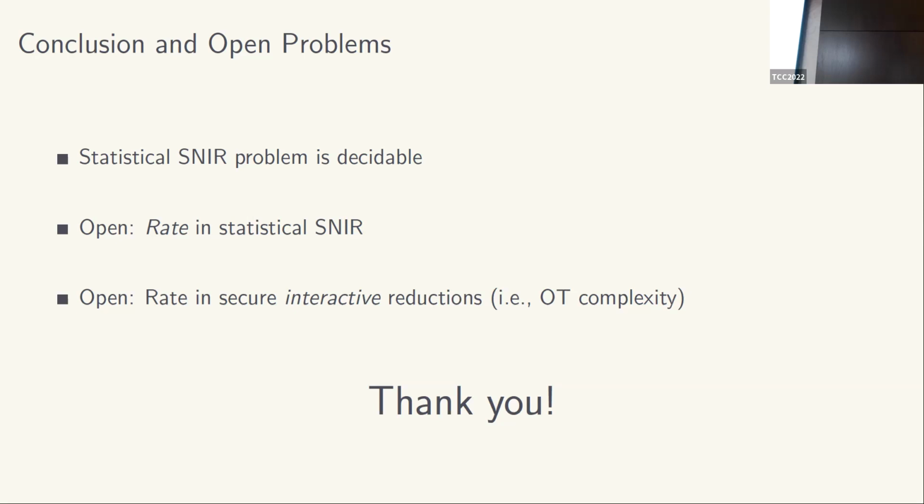I wanted to ask, for natural distributions like OT, joint OT correlations, do we have a characterization of what correlations imply them? For things that we care about, particularly say OT, or is it a very hard question? An earlier work had talked about some necessary conditions that can be directly used to tell whether there is a SNIR from a source to a target.